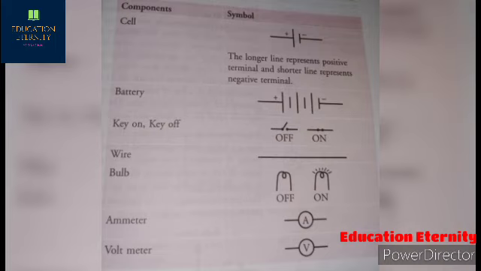Now, working of an electric bell. An electric bell contains a circuit in which a switch, a battery, an electromagnet, a soft iron armature connected to a spring, gong and a hammer. It works in the following way. When the current flows through the circuit, the electromagnet creates a magnetic field which attracts the soft iron armature. As the armature moves towards the electromagnet, the hammer hits the gong and it produces sound.